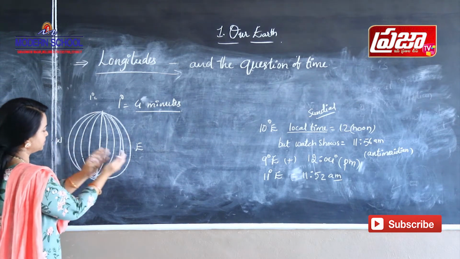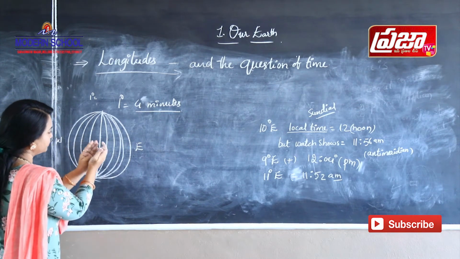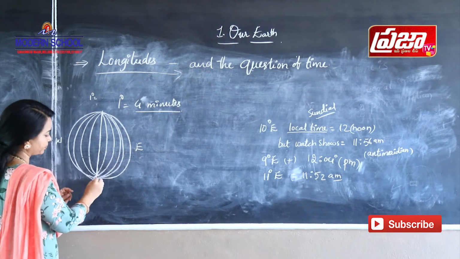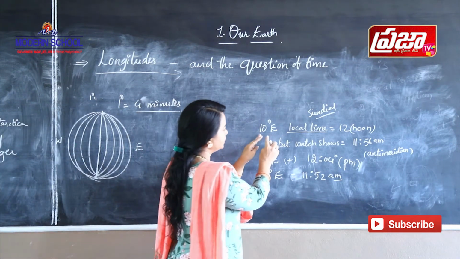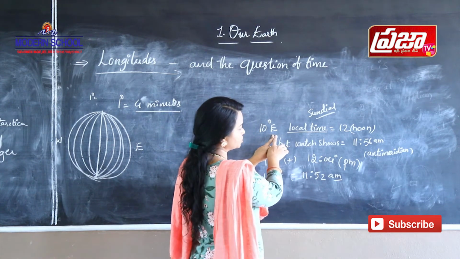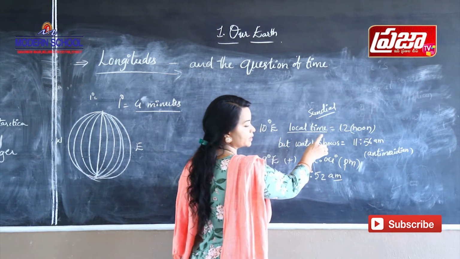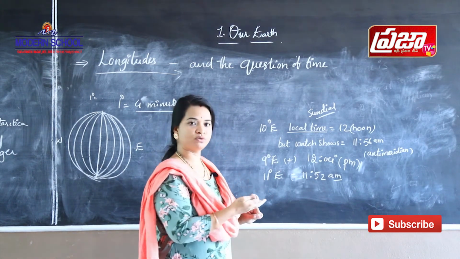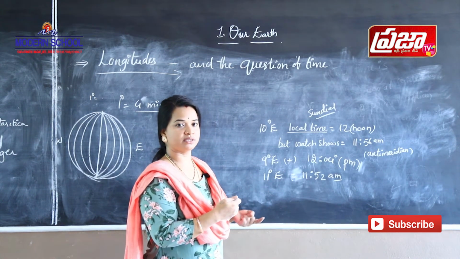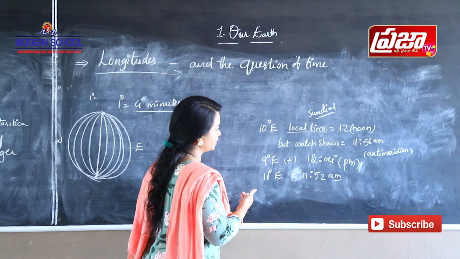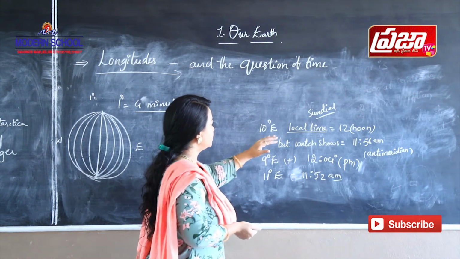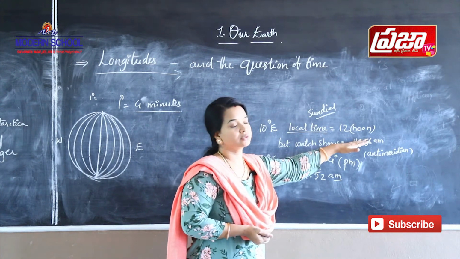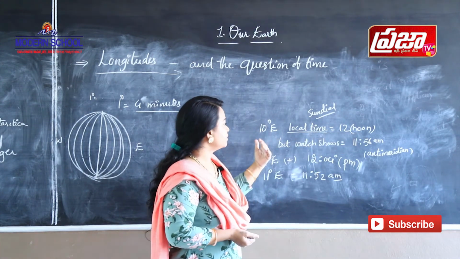So, eastern hemisphere and western hemisphere. If you take the example of the eastern hemisphere, here we will see 10 degrees eastern longitude, the local time, it means the sundial. Before the invention of watches, we used to have sundials. We know already in ancient India we had sundials. So the sundial will show you 12 noon and the time shows you